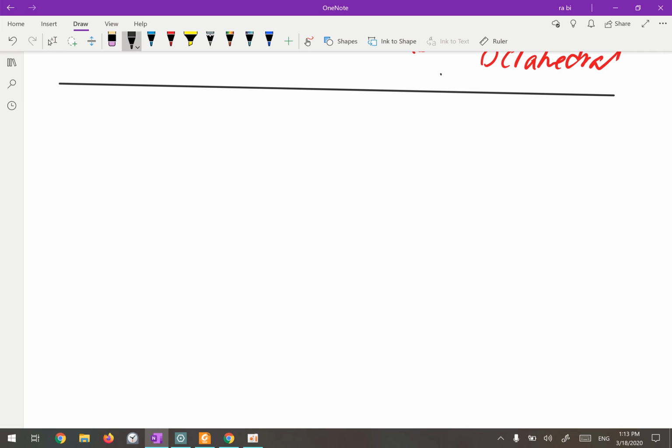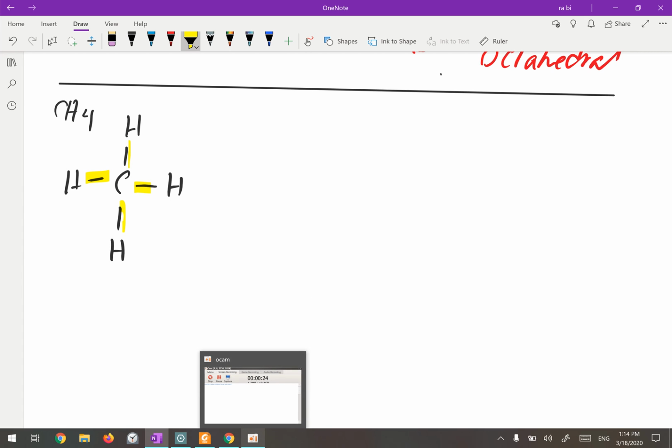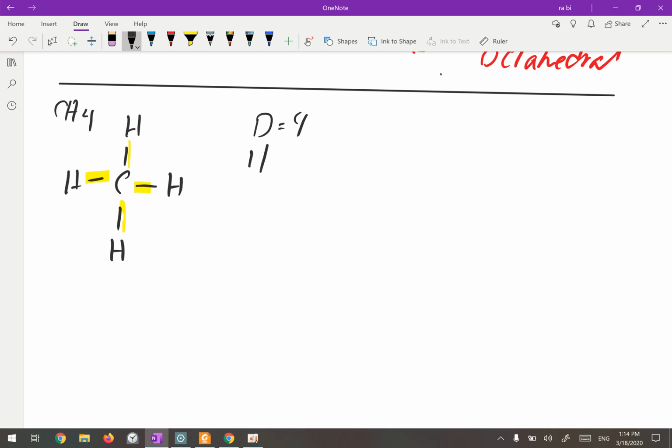Okay, the first molecule that we have drawn in the class is CH4, the methane molecule. The Lewis structure for methane was like this. So how many domains do we have here? One, two, three, four domains. So the number of domains is 4. The hybridization would be sp3, and you know, for the sp3 hybridization, the electronic geometry